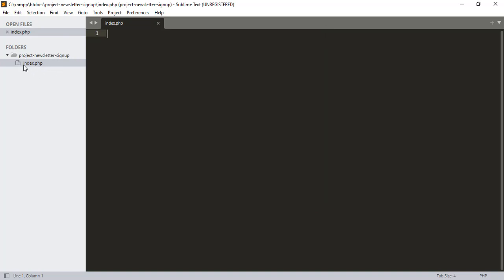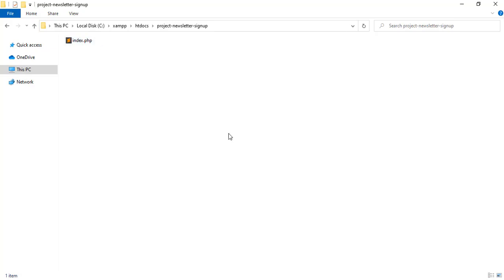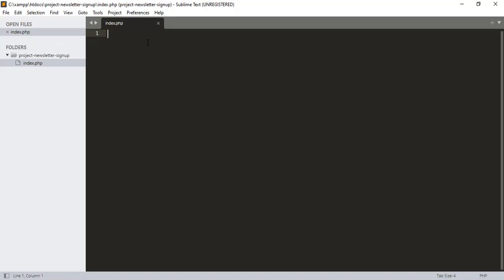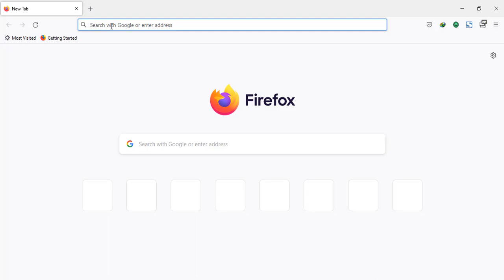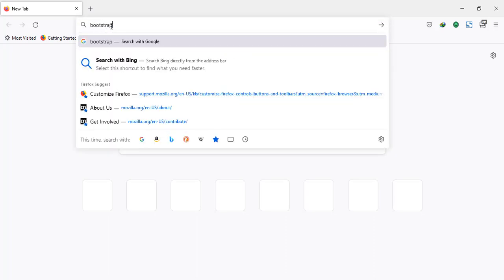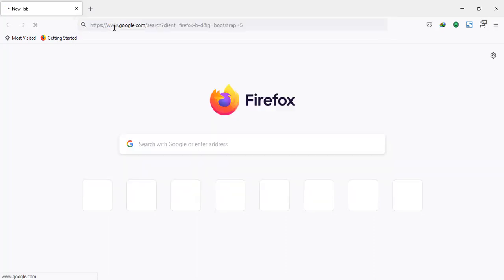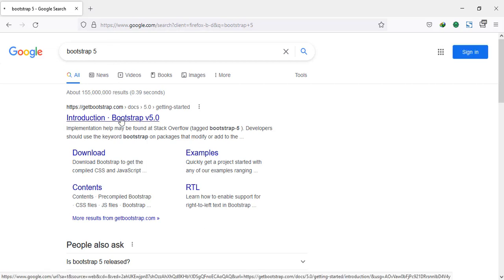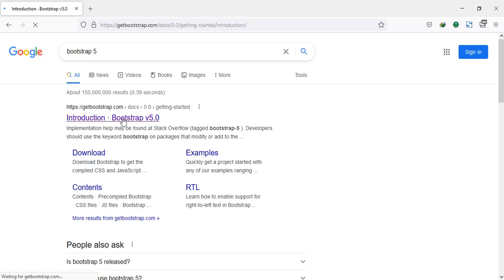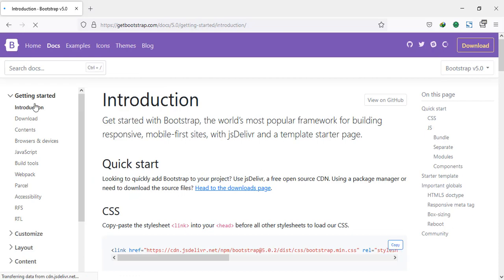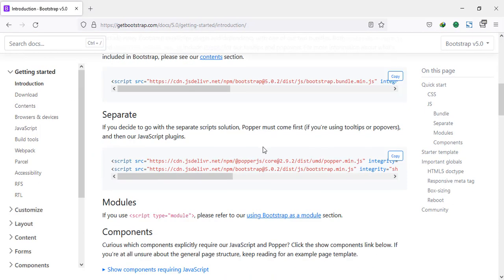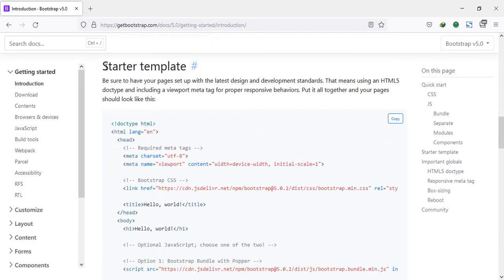So a new file has been created using the Sublime text. If you go here, you will see a new file has been created. So now here I will write the HTML code for my project. Go to Firefox and search for Bootstrap 5. Go to the home page of the Bootstrap 5, then go to the bottom section. Here there is a starter template,